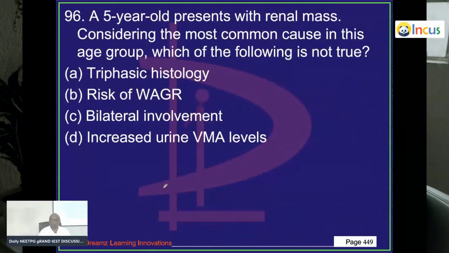Then, 5-year-old with renal mass. Most common cause in this age group is